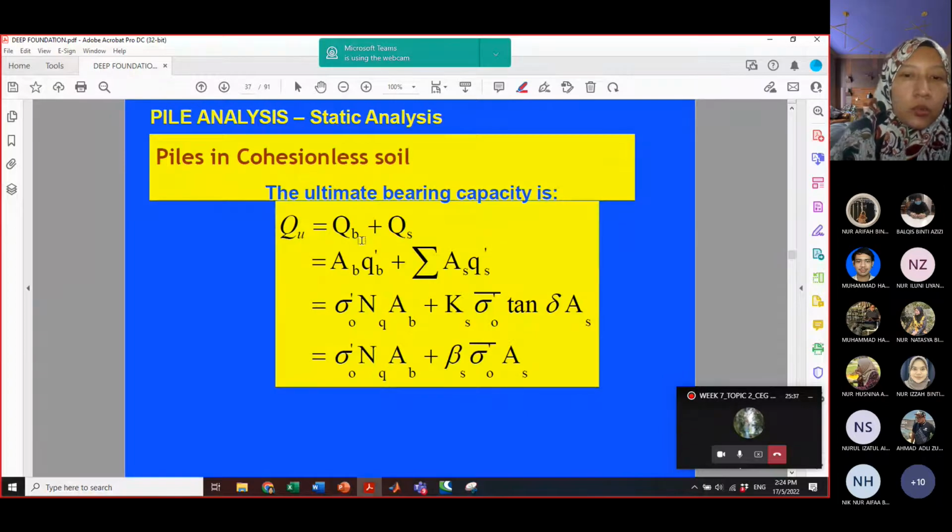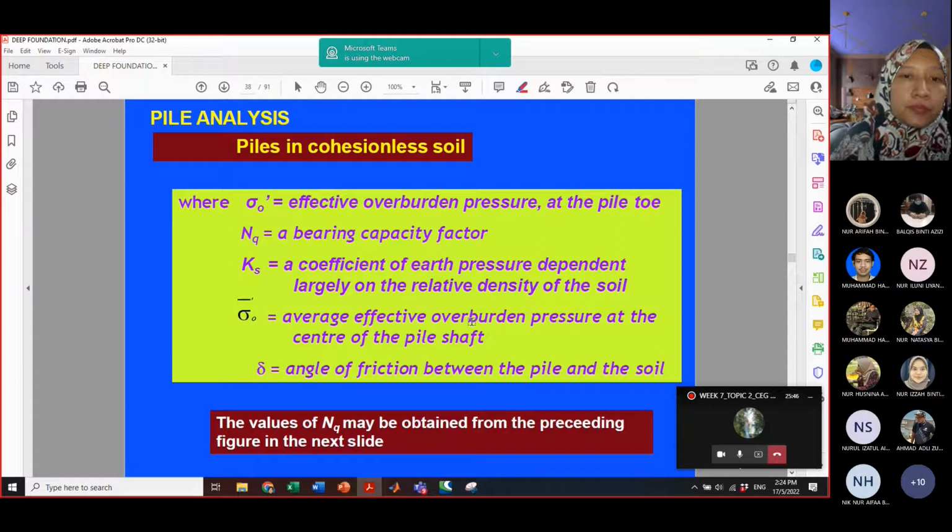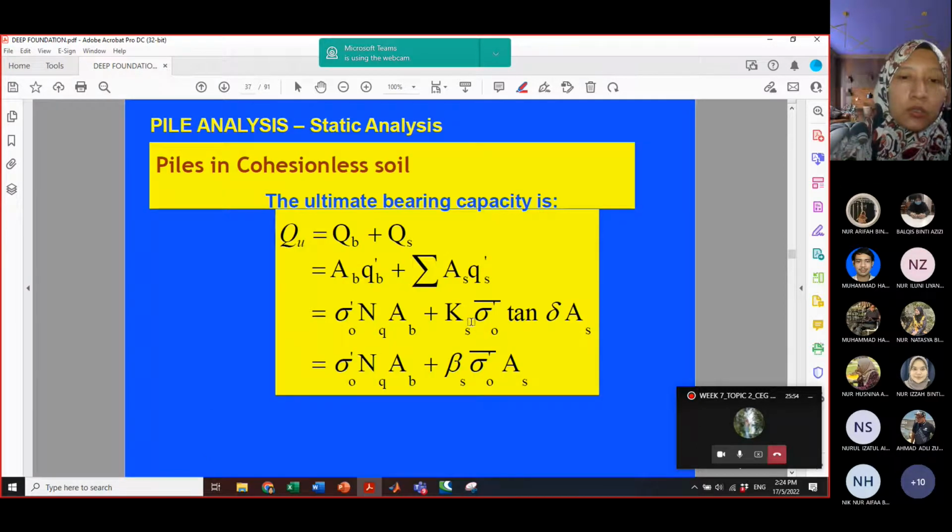The QB, QS, still the same thing. For QS, here we will focus on the beta method. Okay, this is the terminology, the nominations, what we have. One thing not to forget, since we are considering piles in cohesionless soil, you can see